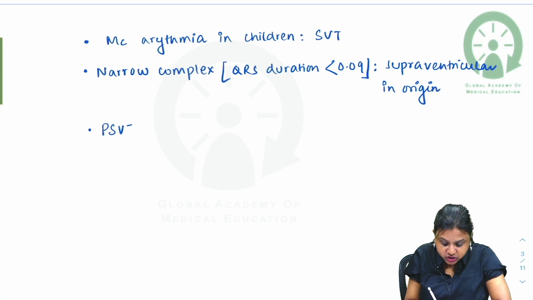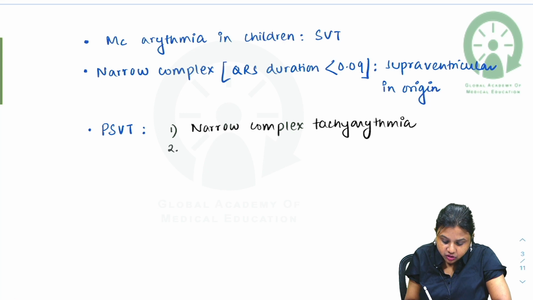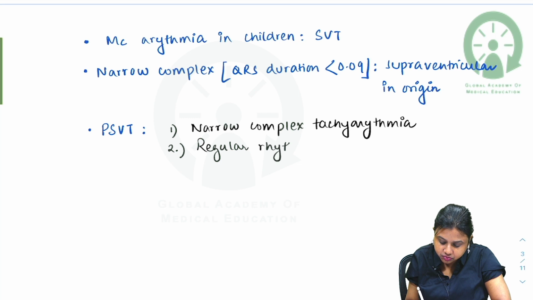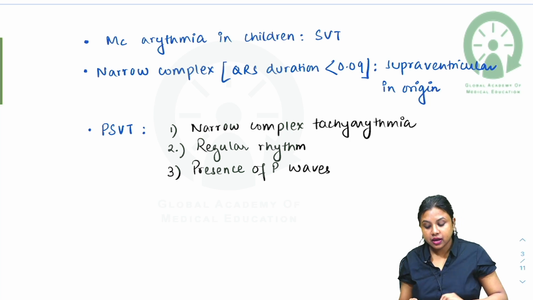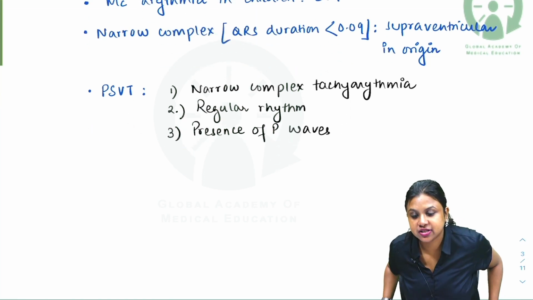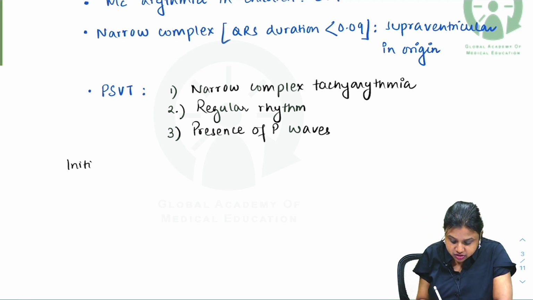What you get in PSVT? It is a narrow complex tachyarrhythmia with regular rhythm, presence of P waves. It is slightly more common in females in children, and whenever you encounter a PSVT, the first thing you try is the vagal maneuvers. So initial management